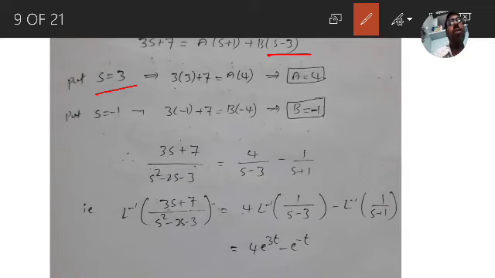Put s is equal to 3. Then you will get 3 into 3 plus 7 is equal to a into 4. That is 16 is equal to a into 4. A is equal to 16 by 4. That is a is equal to 4. To make